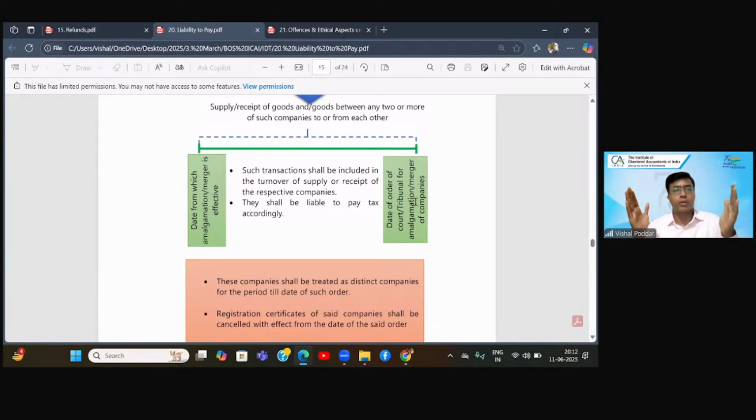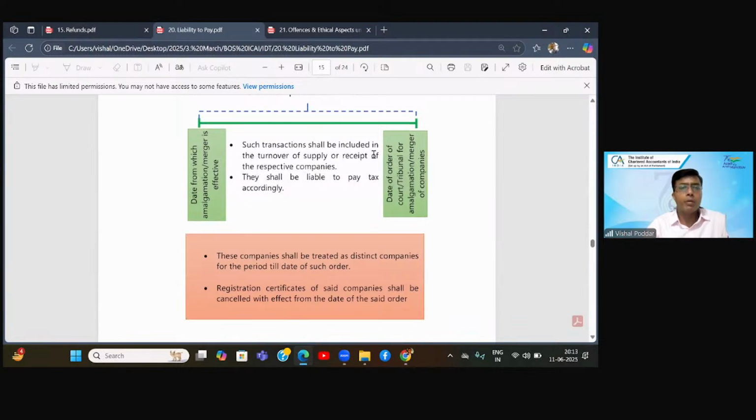So the order is coming today and the order is made effective from the prior date. So in this period, whatever transactions have happened, such transactions shall be included in the turnover of supply or receipt